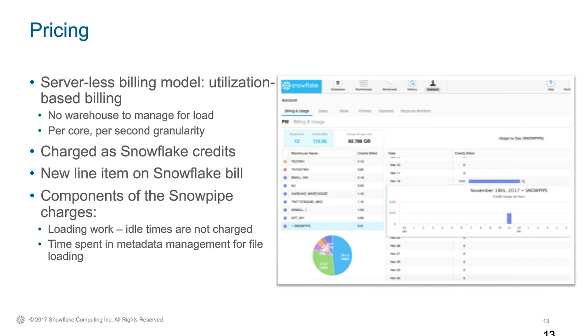Yeah, happy to. So as Ross mentioned, it's a serverless experience for you as a customer. What we are doing is we are tracking the load that you are placing on our internal servers that are backing up Snowpipe, and we are tracking that at a very fine grain. So we are tracking it per core and per second. Whatever cores and seconds you have kept Snowpipe busy with the load files that you have sent to us, we are aggregating that and then translating that back into Snowflake credits.